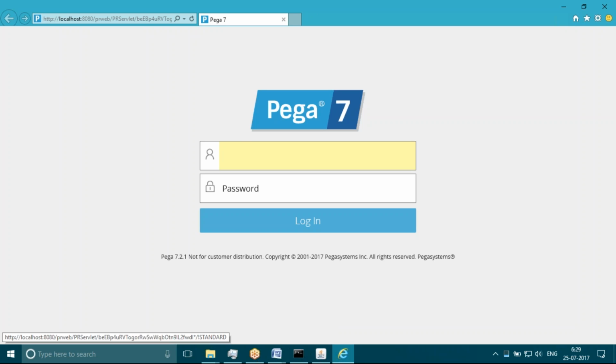If we are getting this page, the installation is successfully installed. If you don't get this page, there is some issue. Maximum it will be successfully done only, no need to worry. Once you get this page, then without any issue you can conclude that the installation happened successfully. Once this page is open, you can enter the ID administrator@pega.com,